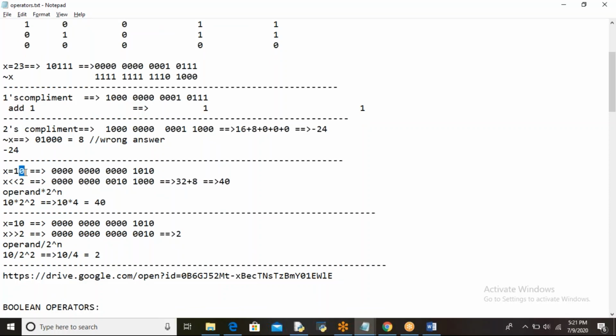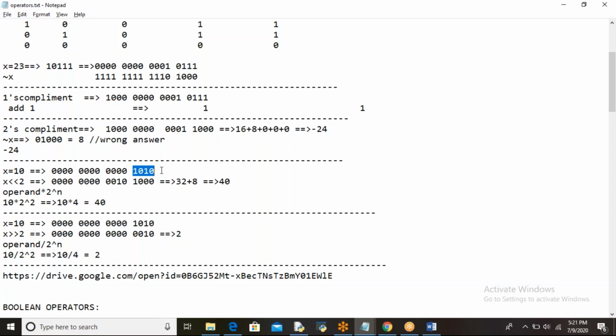Here x is equal to 10 that you have taken. So x = 10 means when you convert 10 into binary format, you will get 1010. Generally, we say 16-bit systems, 32-bit systems, 64-bit processors. What is the meaning of a 16-bit, 32-bit or 64-bit processor? That means all the data will be stored in the form of 16-bit, 32-bit or 64-bit format.